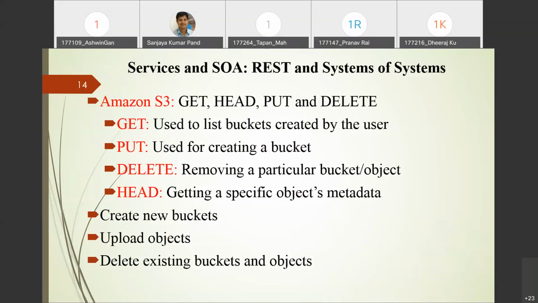Fifth, whenever you explored the versioning part, you also saw that whenever an object is deleted, you can retrieve that object. We studied one concept called delete marker, right? With the help of the delete marker, if you delete it, then the object will be restored to your bucket. So creating new buckets we have studied, uploading objects, multiple objects inside a particular bucket, and deleting an existing bucket and its objects we have also seen